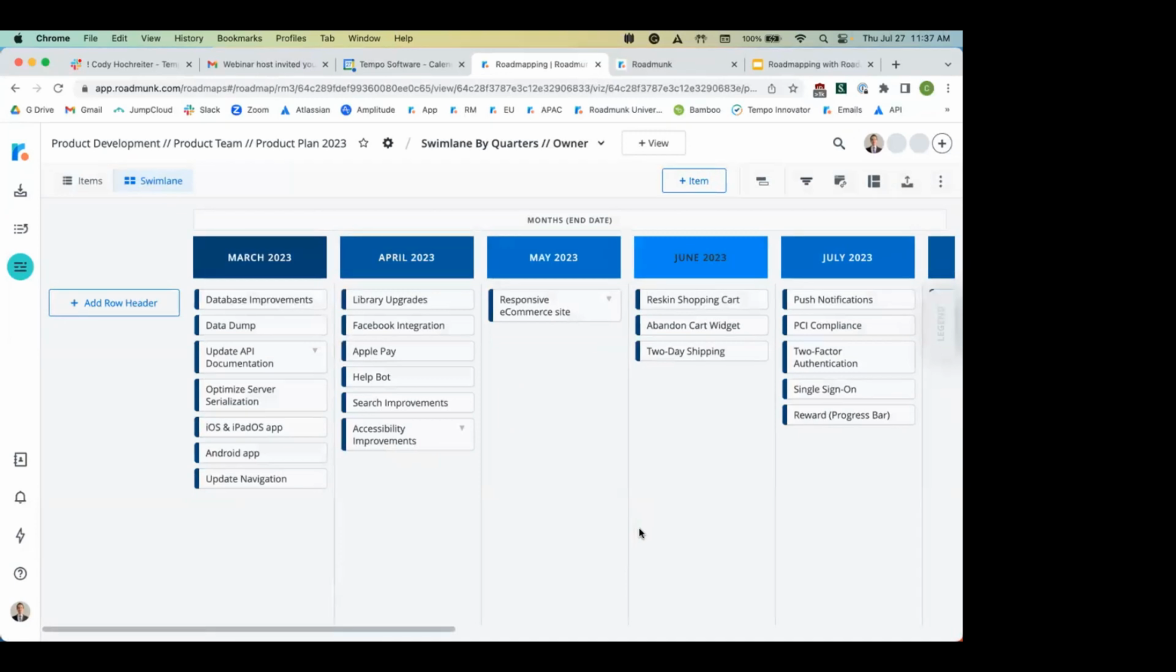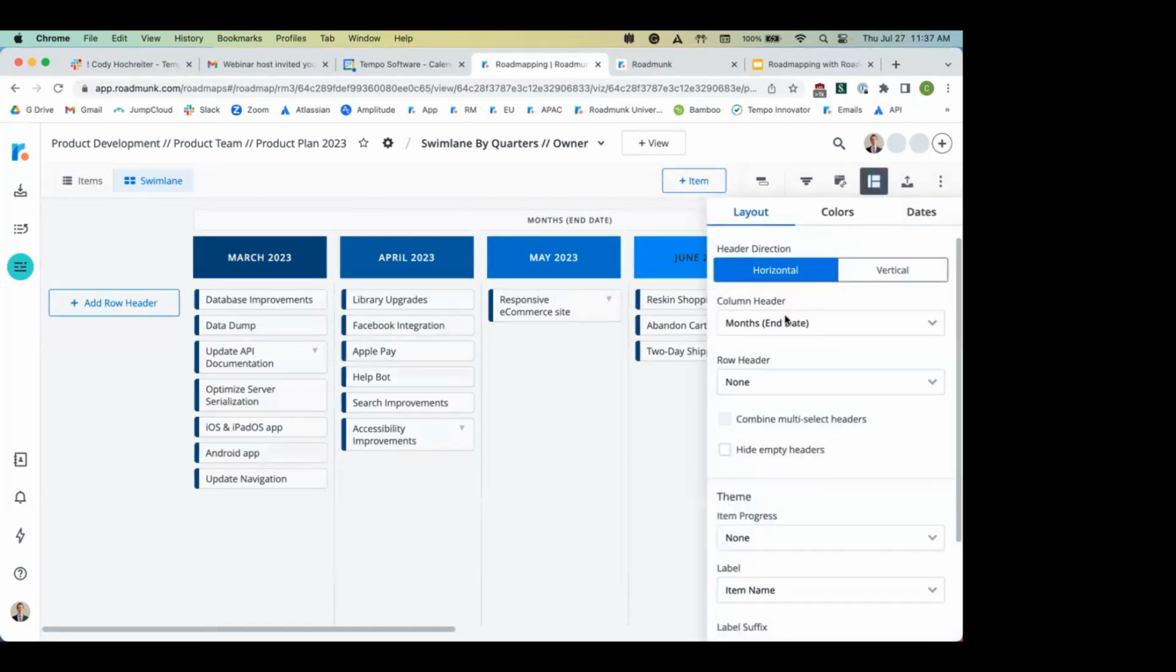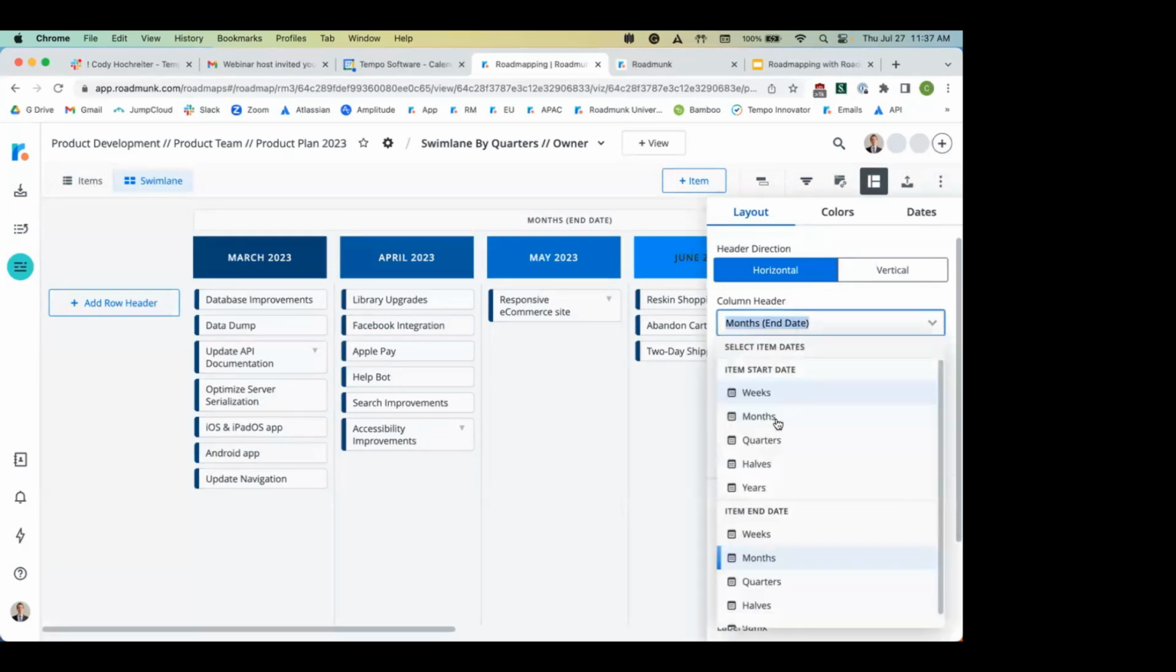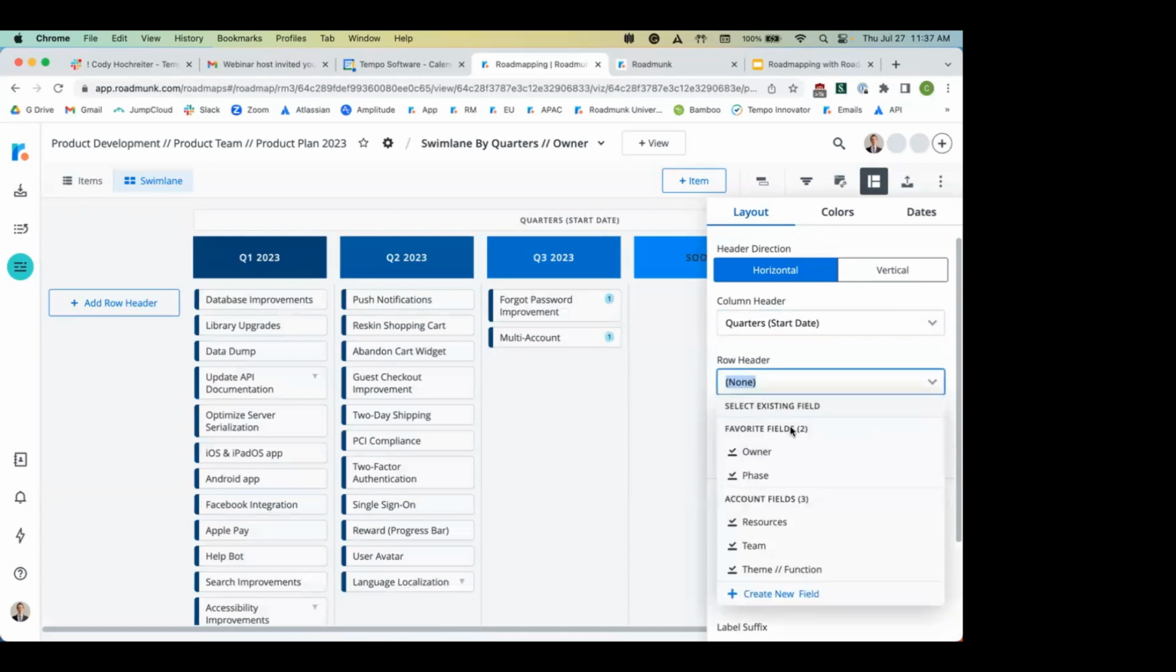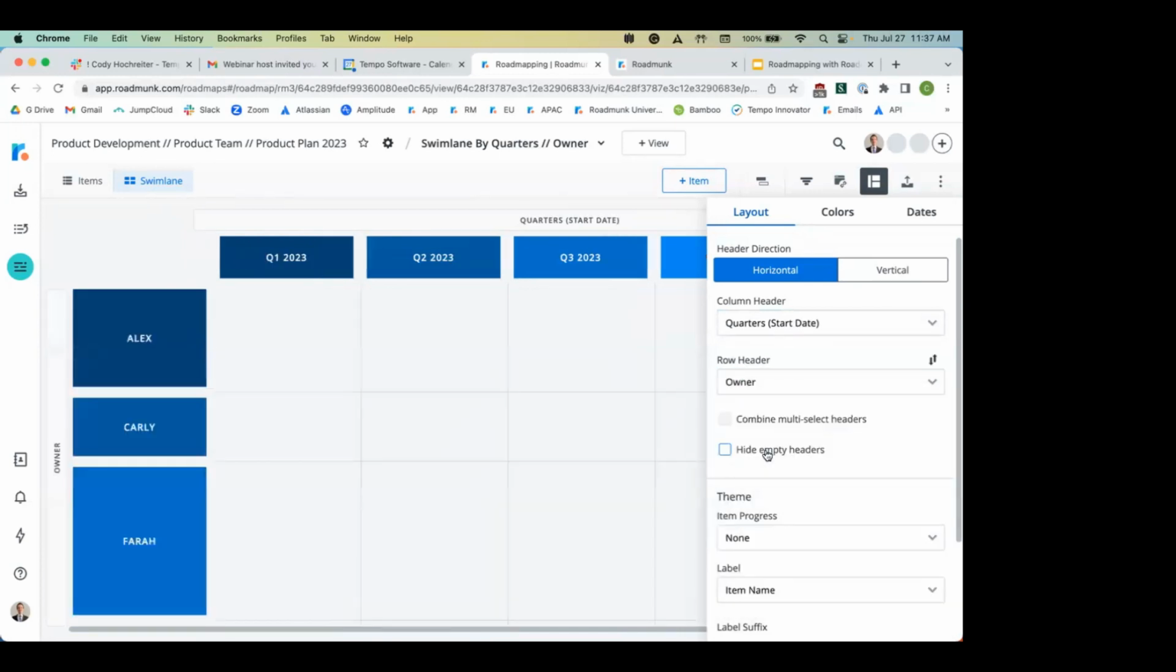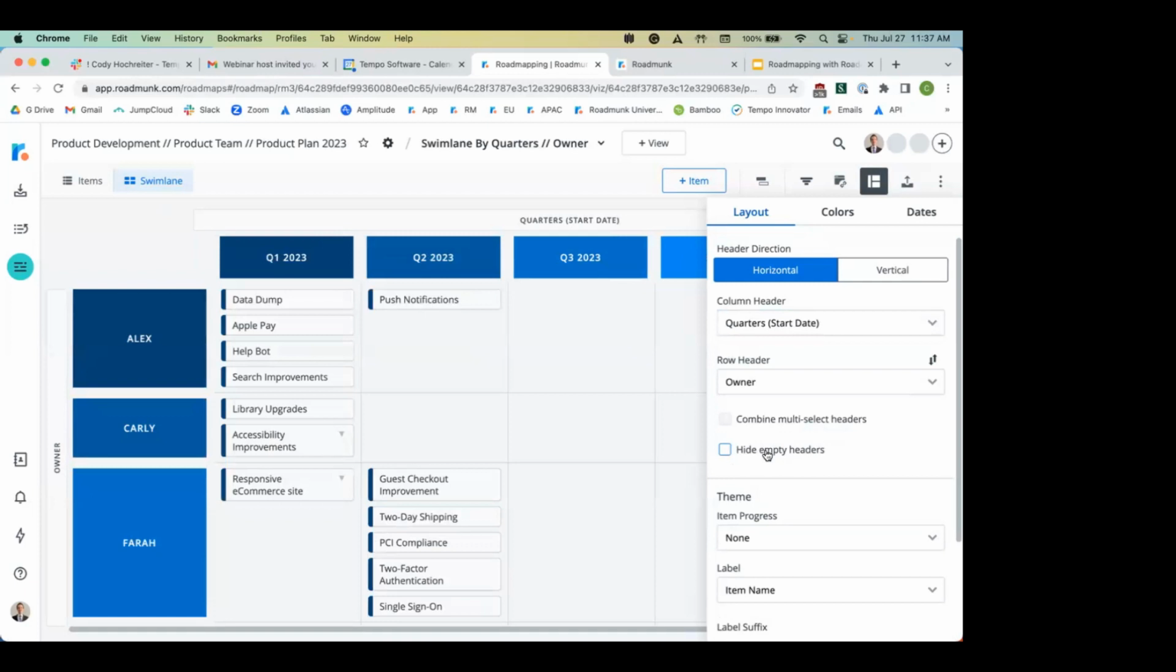So now you can see this is the swim lane view, but it isn't set up by quarters. It's currently set up by months. So what I'm going to do is go to that formatting tab again, and change the column header to reflect quarters. And now that that has been fixed, I'm going to go to the row header and provide one of my existing fields, again, as owner, because I wanted to see what each individual is working on across the